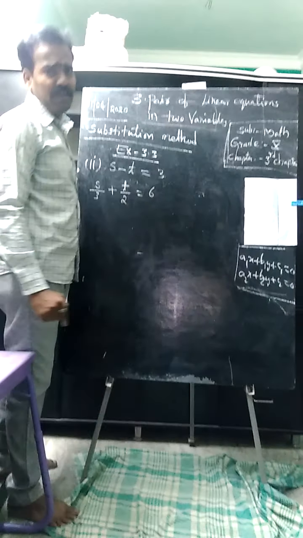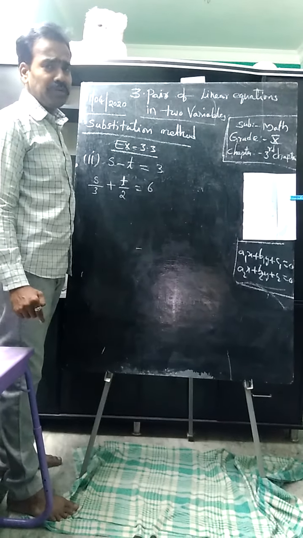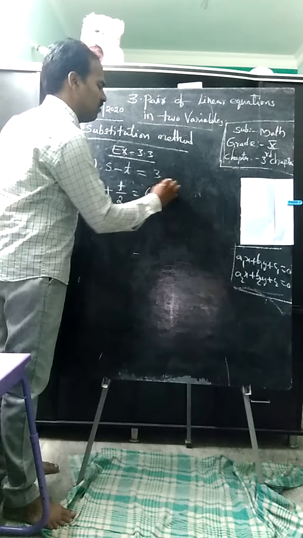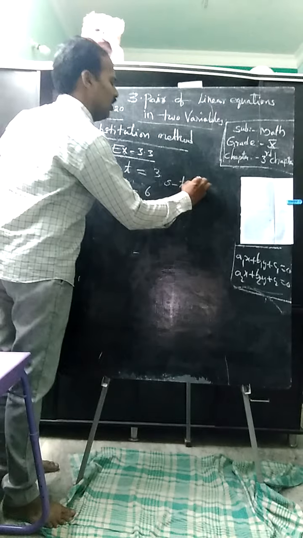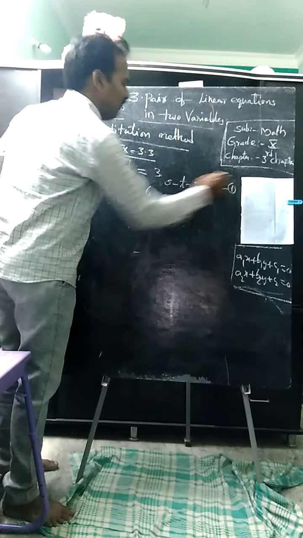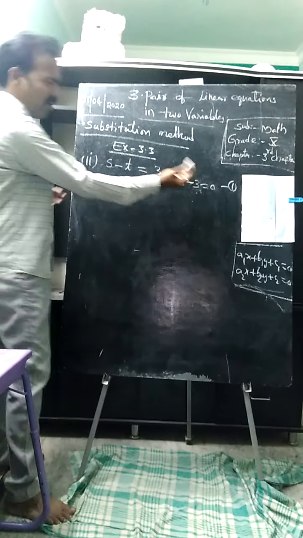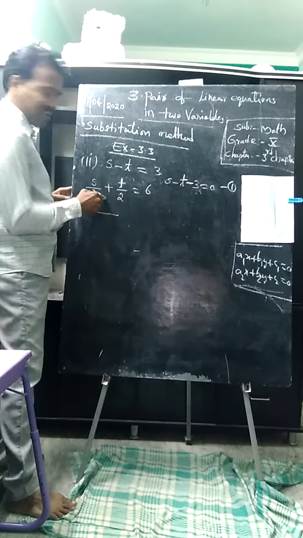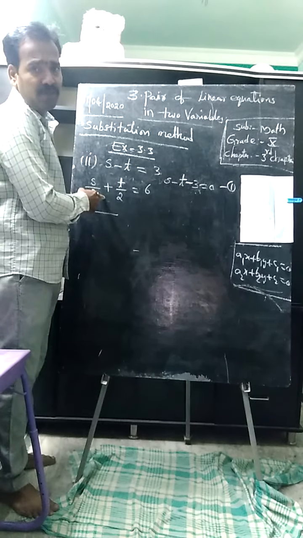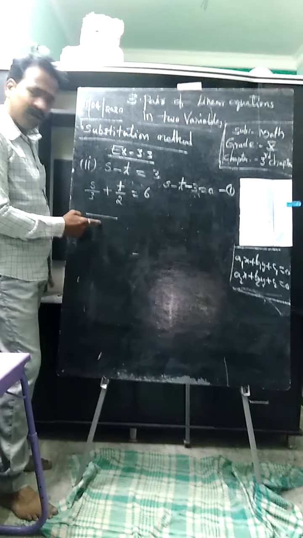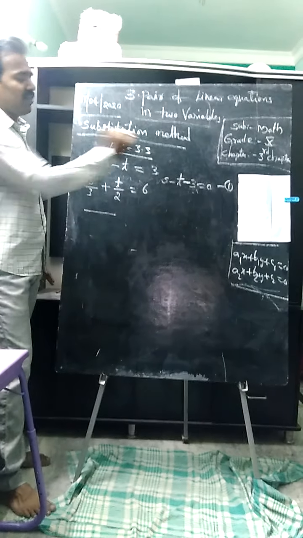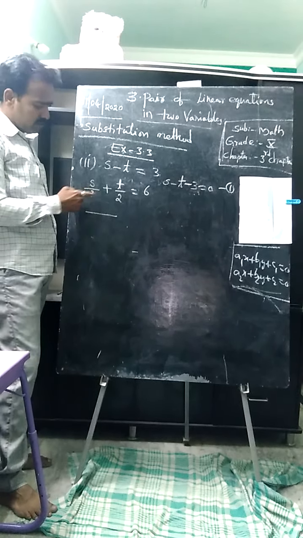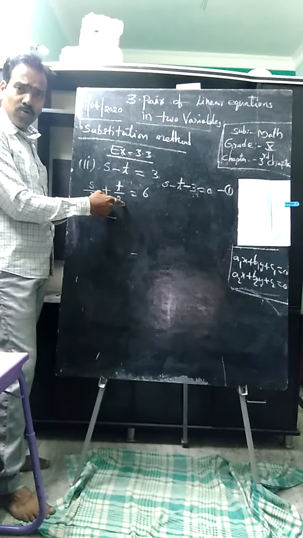That is a1x plus b1y plus c1 equal to 0, and a2x plus b2y plus c2 equal to 0. Check whether the equation is in standard form or not. No. So for equation 1, first write it in standard form. Write everything on the left side of the equality. But it is in fraction form. When we have fractions, take the LCM of the denominators and simplify after writing in standard form. That is the easy method. Now if you observe this, students, what is the LCM of these two? 3 and 2 are co-primes.